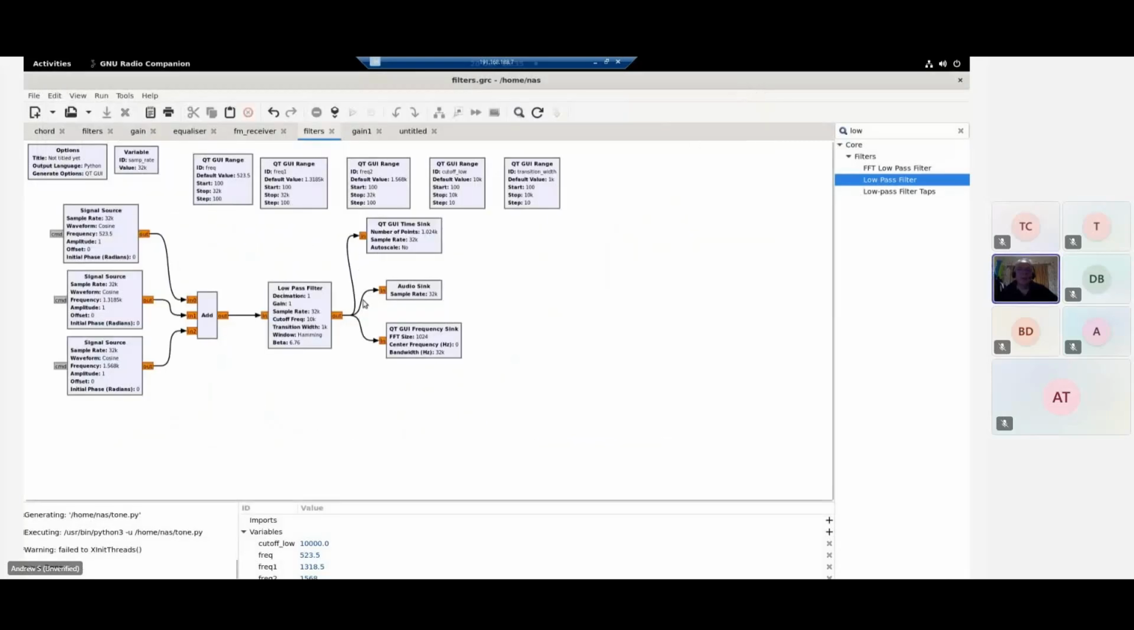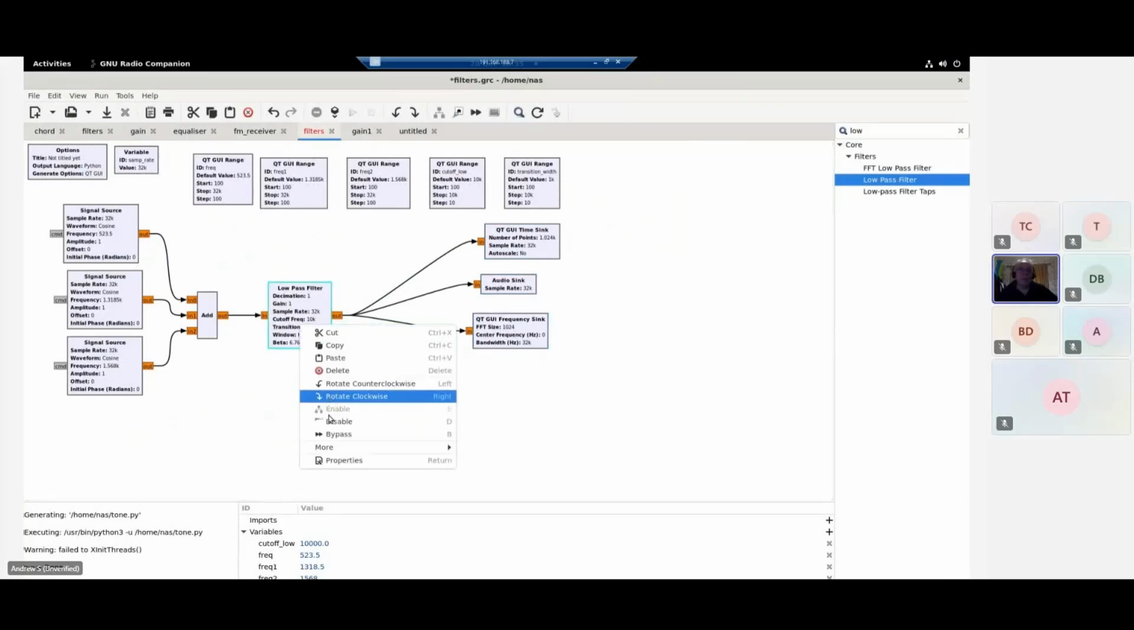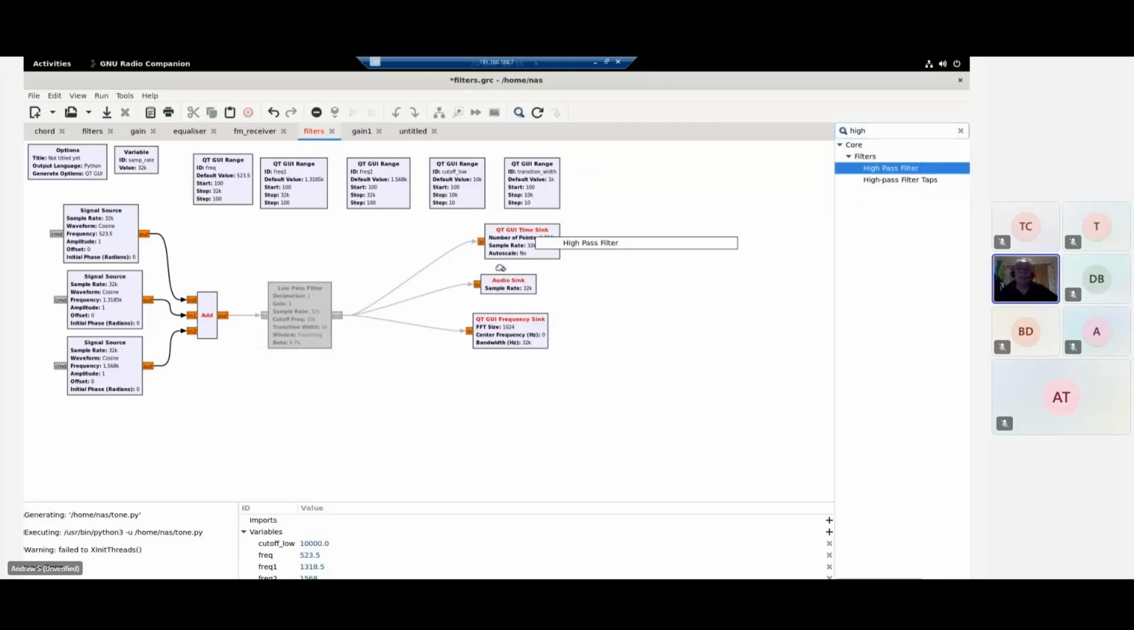I'll stop that. I'm just going to move these over here a bit. And what I'm going to do is I'm going to disable that. So right click on it and click disable. And then we're going to stick in a high pass filter. So with high pass filter, stick that in here. And so then again, I'll down click it and change it to float. Take the output to the input, take these outputs